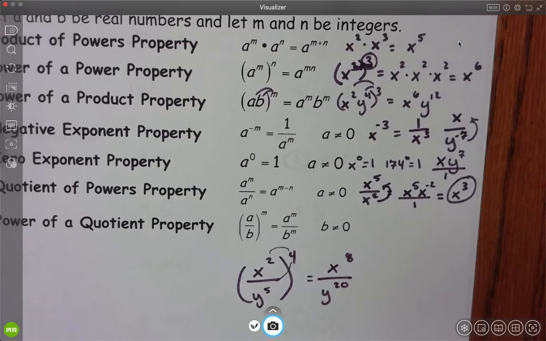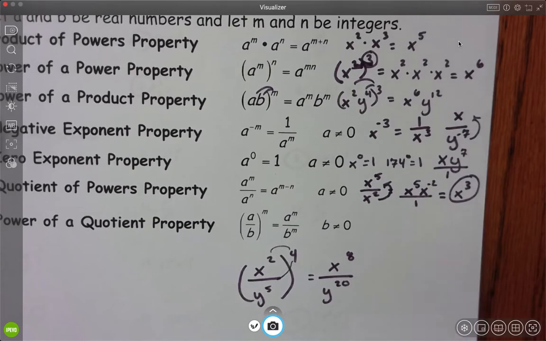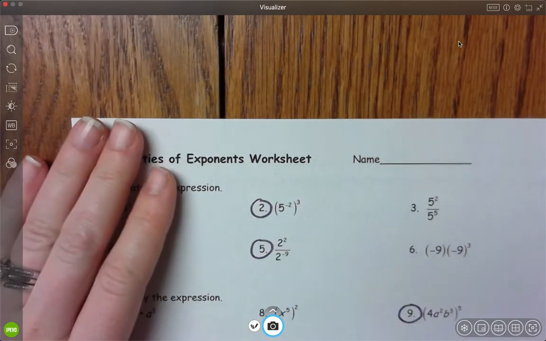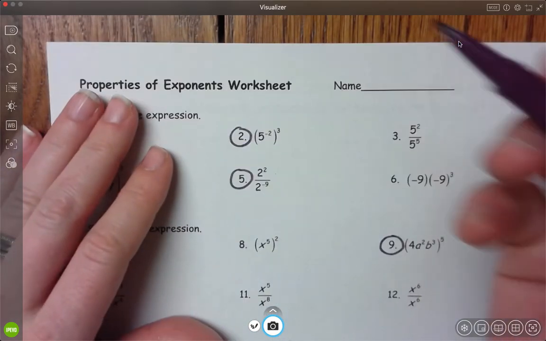So that's just kind of a run through of all the rules of exponents. Don't do anything that's illegal, and we'll be all good, okay? So I'm going to go through. I have some circled ones here that I think are particularly important. They're really fast. Number 2,